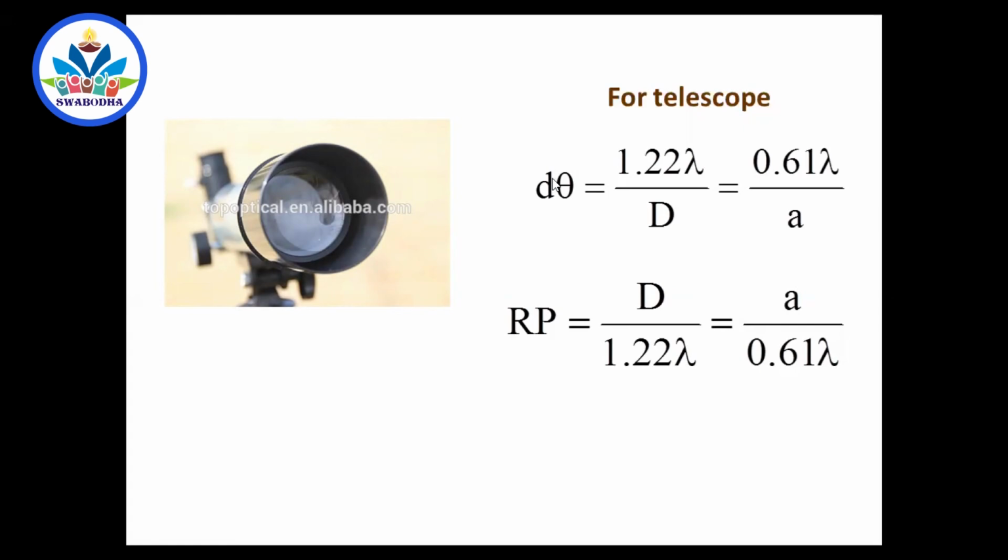So the angle comes in when it comes to the telescope, because there is no question of distance. If you write it as distance, what is the distance between two stars? It is very high. So it is not distance, it should be angle, because our position is the problem. The distance between us and the moon is the problem. That's why we don't see the craters of the moon. Suppose we were very close to the moon, we would have seen them. So it should be the angle. So for a telescope, the minimum angle subtended at the telescope by two objects which are seen as just separated is called limit of resolution.